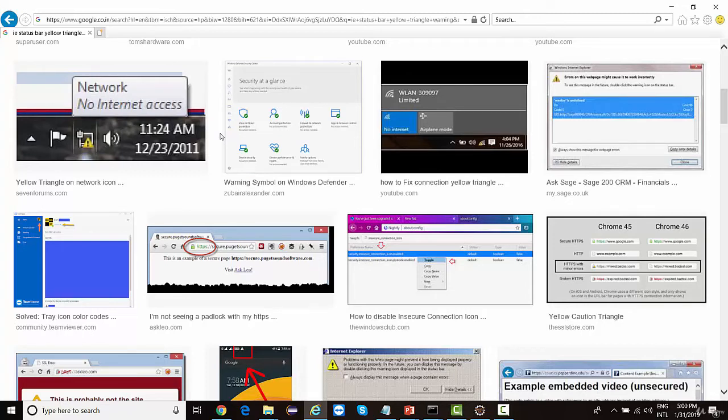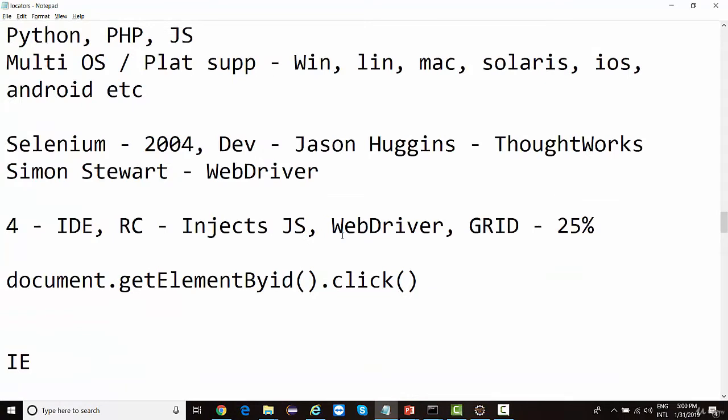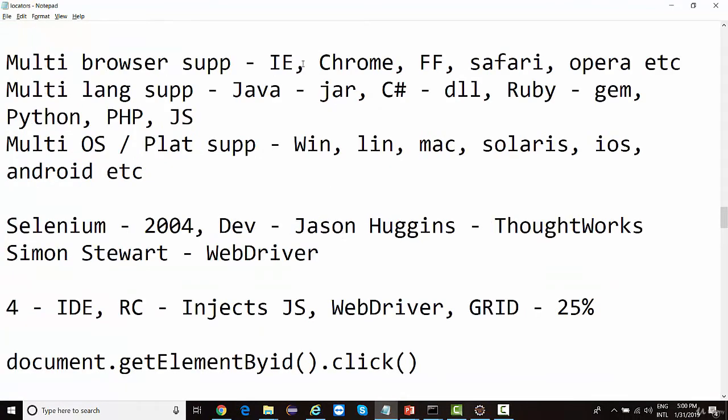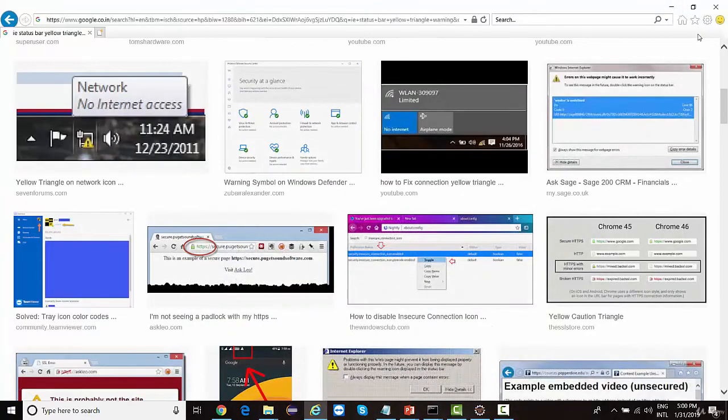On the other end, Selenium RC injects JavaScript. So it means that whenever we are working on IE, we cannot use Selenium RC. And initially, major projects were automated using IE only. Major projects were handled using IE browser itself. But they have got multi-browser support as well. You've just seen Selenium supports multiple browsers, IE as a browser as well. So there was a workaround.